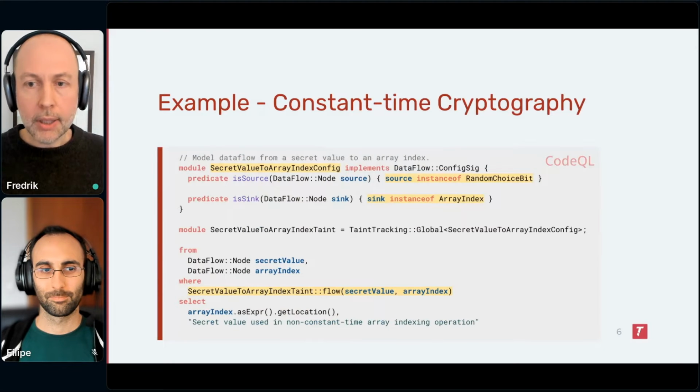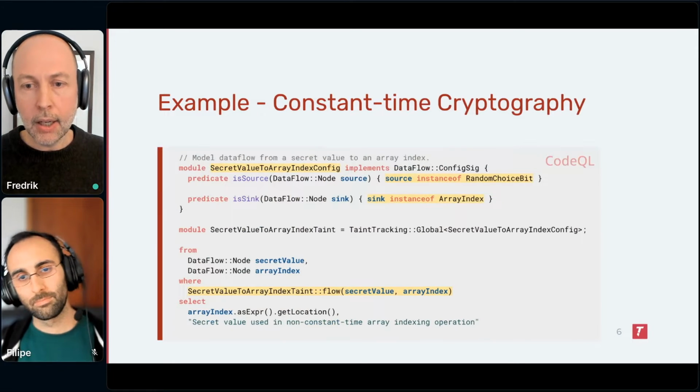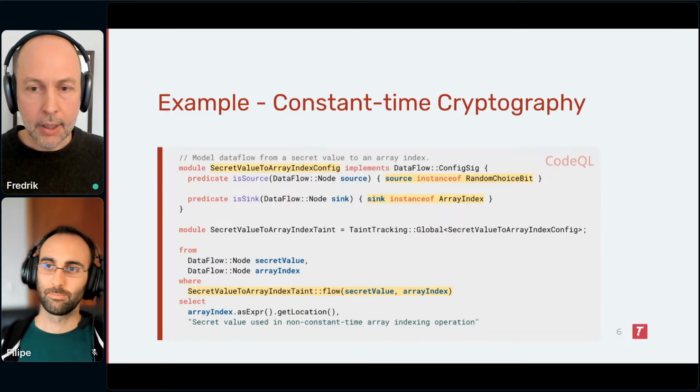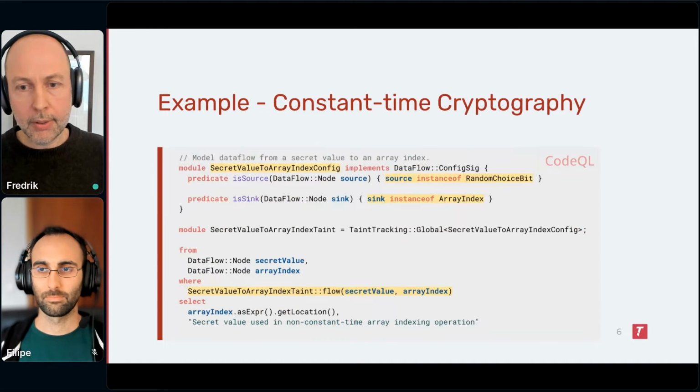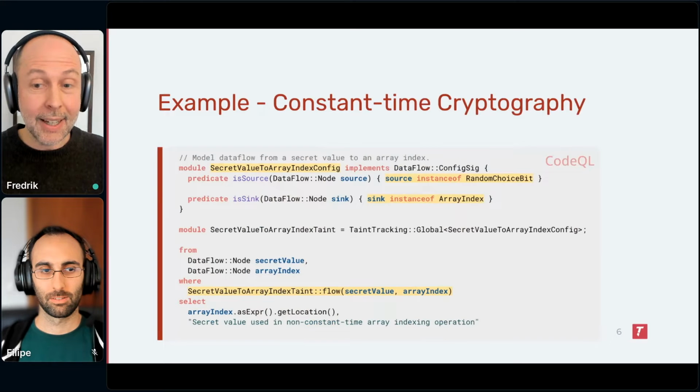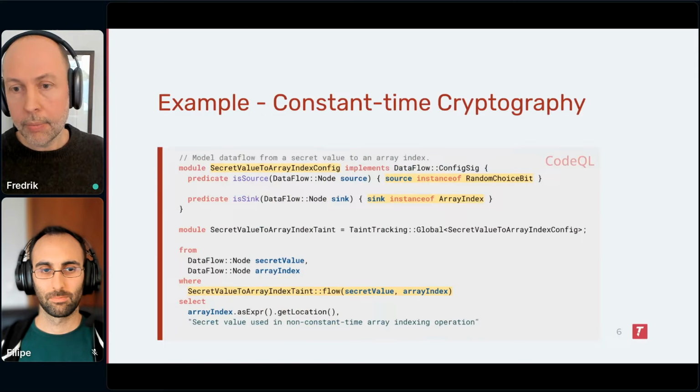Okay, so now we know what our data flow looks like, and at the bottom here is sort of our standard CodeQL query where we say what we're looking for. It's basically a SQL query on its head, right? So we have this from statement saying what kind of types we're interested in, and then we have a where statement restricting those. And the where statement here basically says that there should be a taint flow from the secret value to the